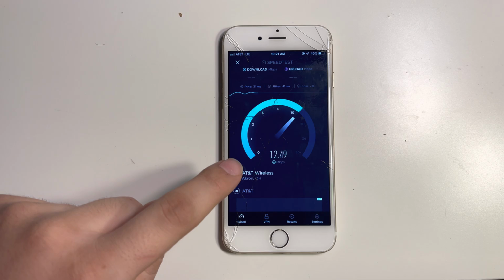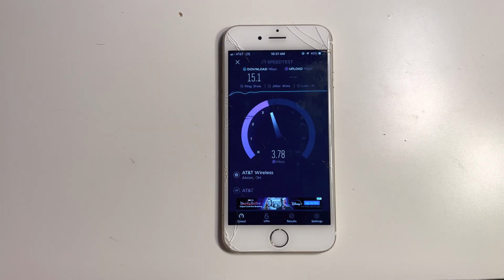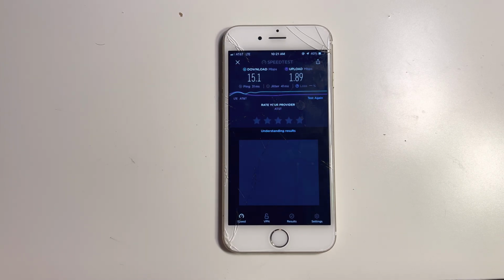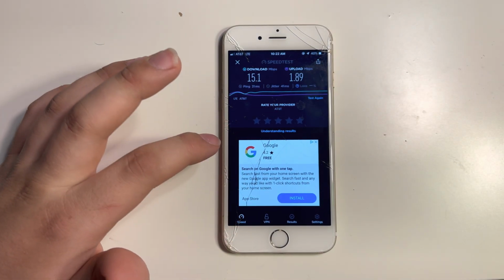So as you can see, we're getting closer to 15 megabits per second. We got about a half signal here. I'm inside. I wouldn't say I'm in the most interior room, but I am kind of far away from exterior walls in my room. Upload speeds aren't the best, but I'm not gonna be uploading YouTube videos on data anyway, so what's really the point? So we got 1.89 upload and 15.1 down. That's not too bad. Now let's do Wi-Fi here,